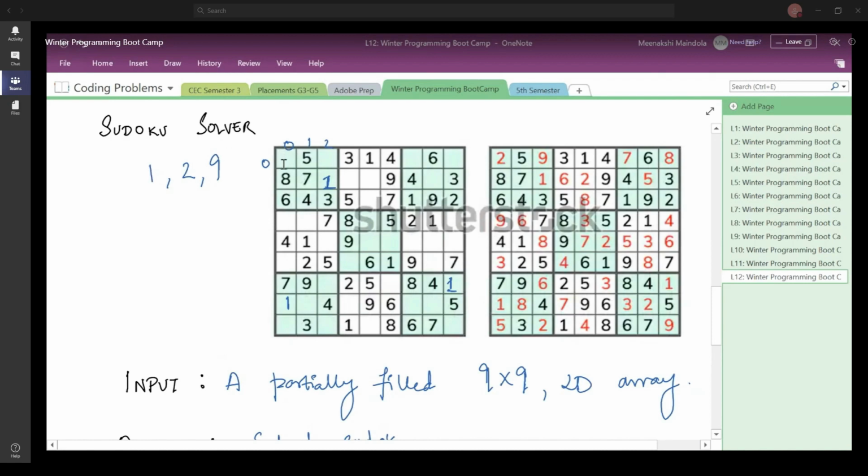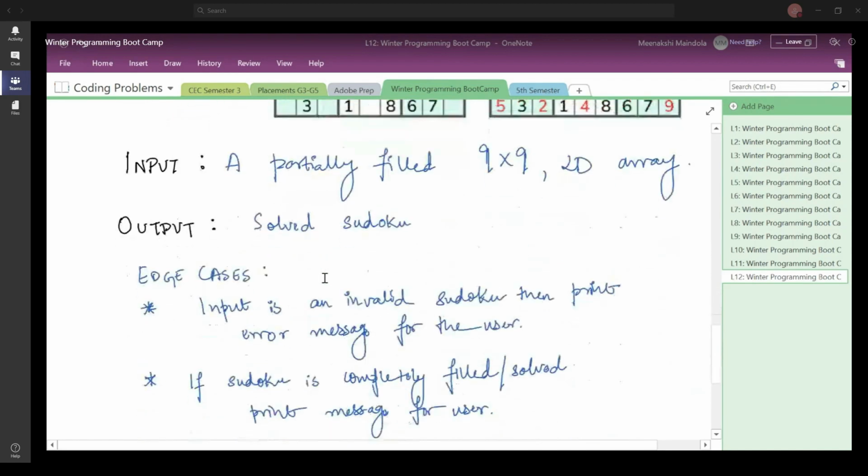Before assigning, I am going to first check the same row, the same column, and the same submatrix to see if it contains the element that I want to fill in here. If it contains the same element, then you cannot fill it here. So you move to the next number and you again check if it is safe to fill in that number here or not.